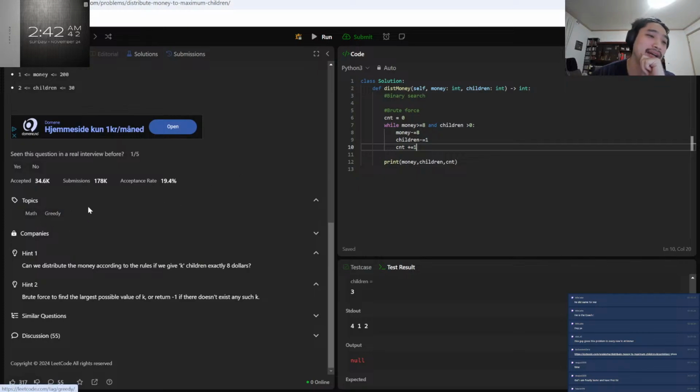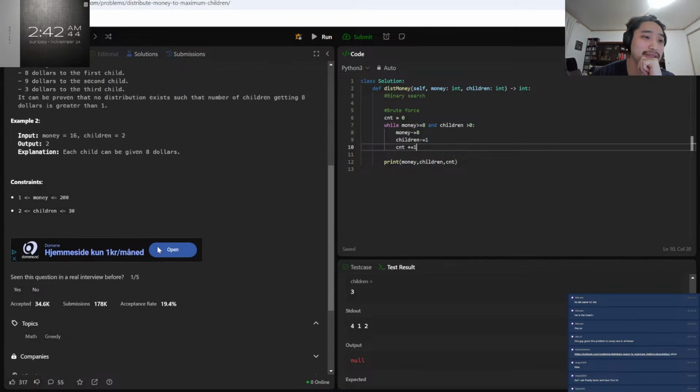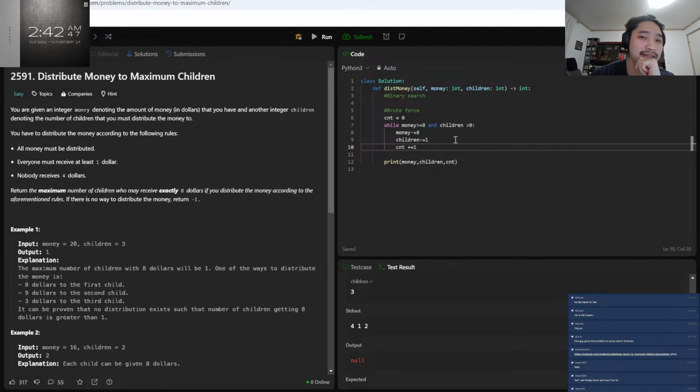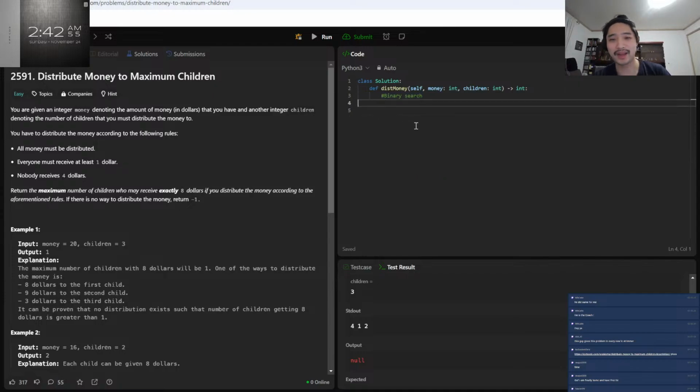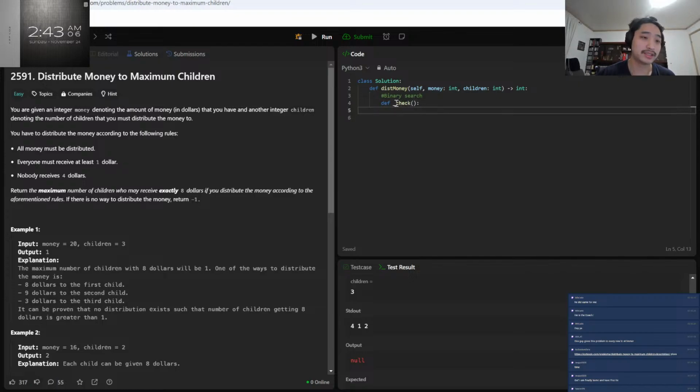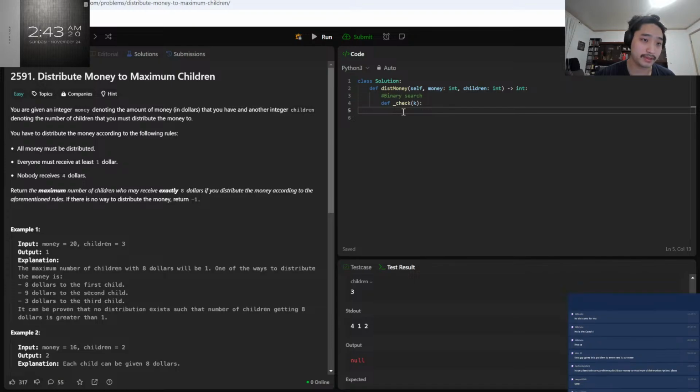Because I think, dude, I really want to do the binary search. Do I do it for binary search and just skip the brute force? Oh, I kind of want to do it the binary search way. And just all together. Okay, so we have a checker. What does the checker do? It checks if it takes out a k. Yeah, it takes out a k.